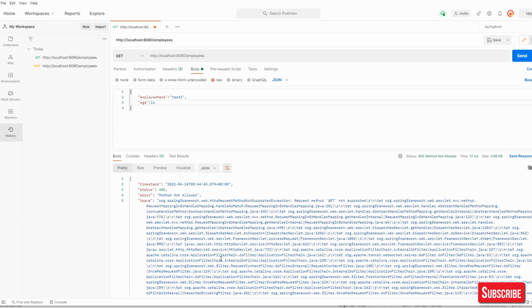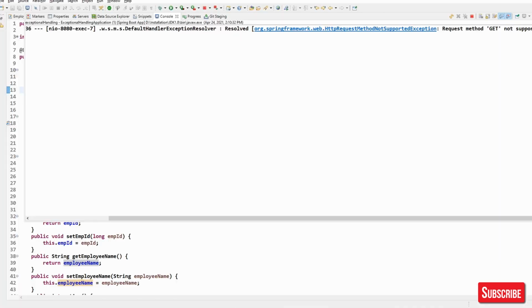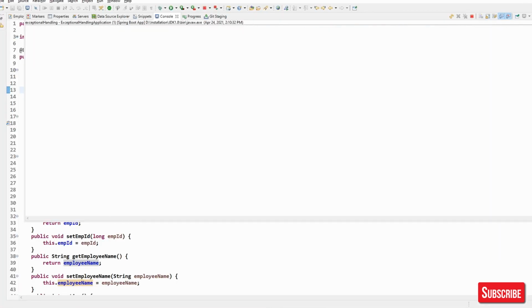Another thing we can do here is go with POST only, but for the data format we'll go for text. Your server is expecting JSON, but we'll send text and then we'll see what error it is going to generate. Okay, let me clean it.